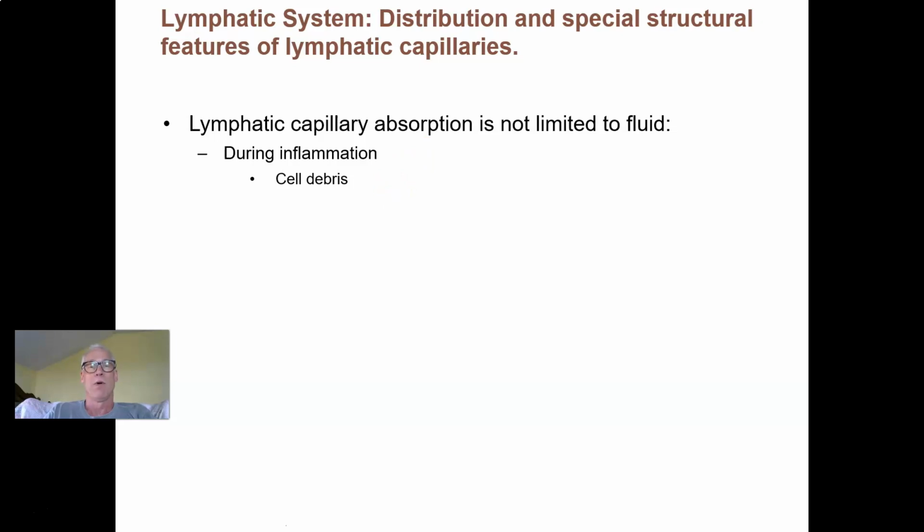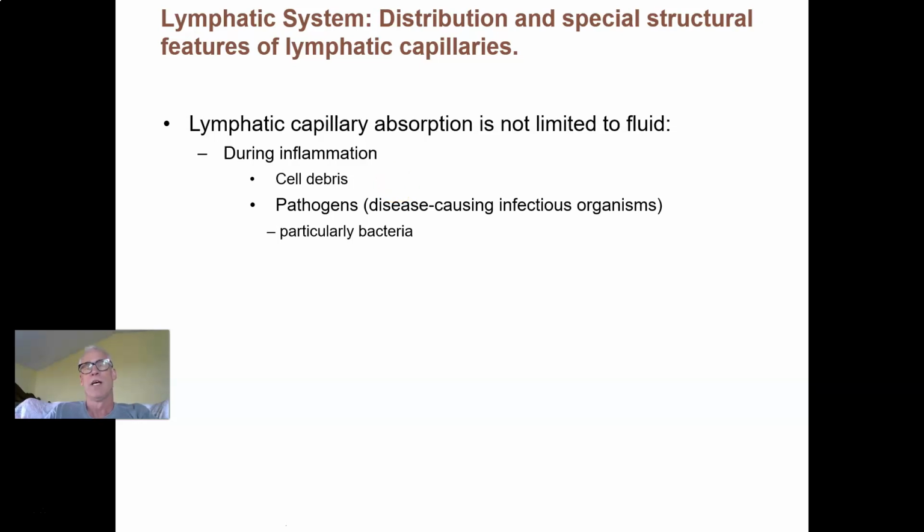So cell debris, dead or live bacteria or viruses, all kinds of broken down extracellular matrix, protein fibers, all kinds of stuff can wind up in the lymphatic fluid, and it's going to be flowing along through the lymphatic system under these conditions. Cancer cells, as we'll see later, oftentimes when they metastasize, when they leave the site of an original tumor, they may travel in the lymphatic system and sometimes even become trapped in the lymphoid structures